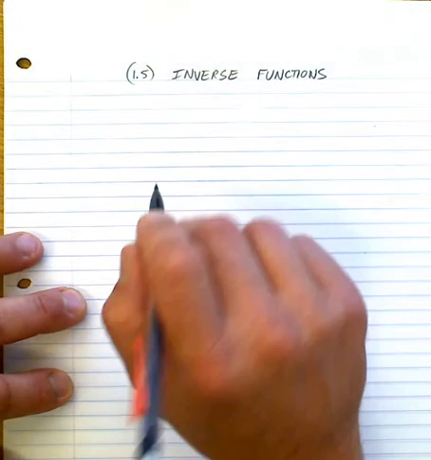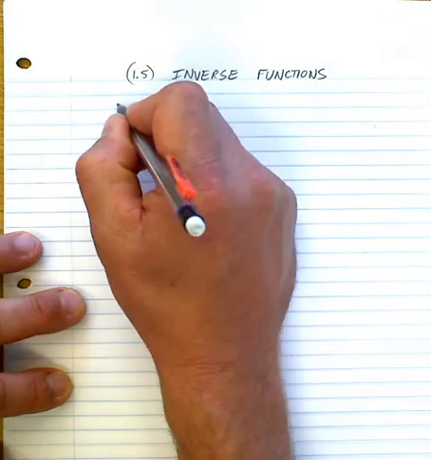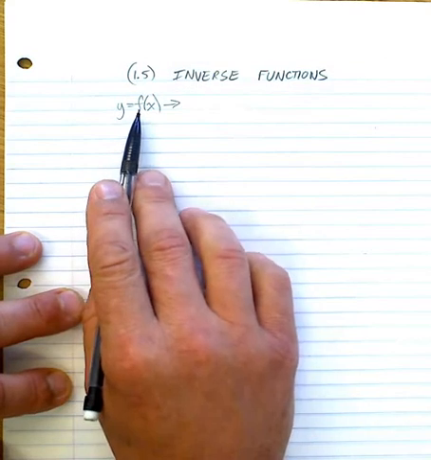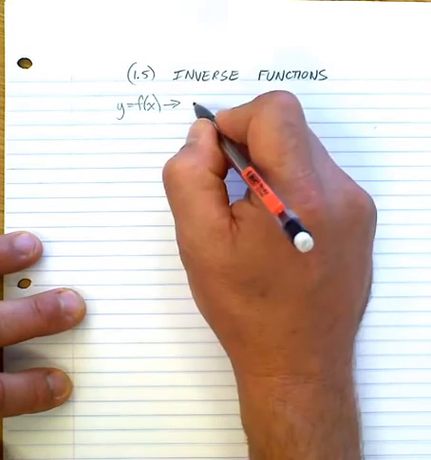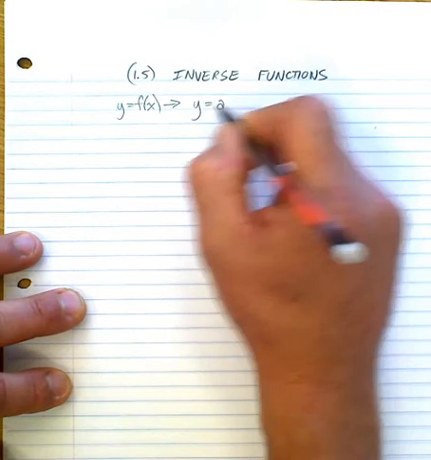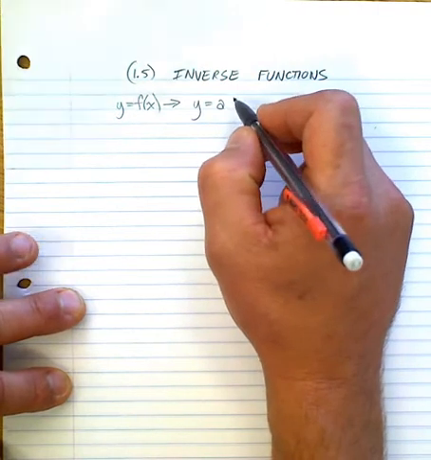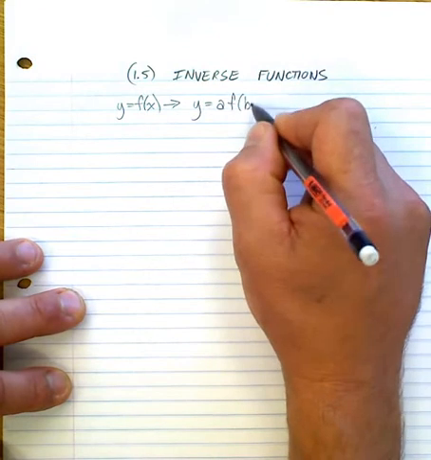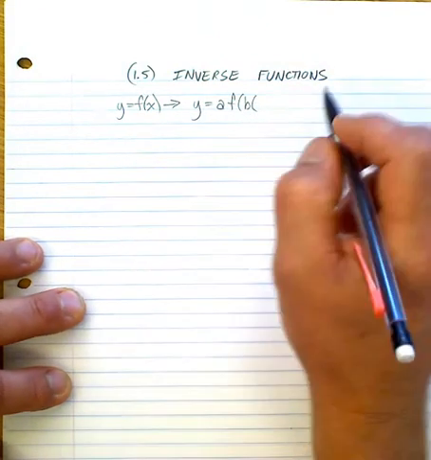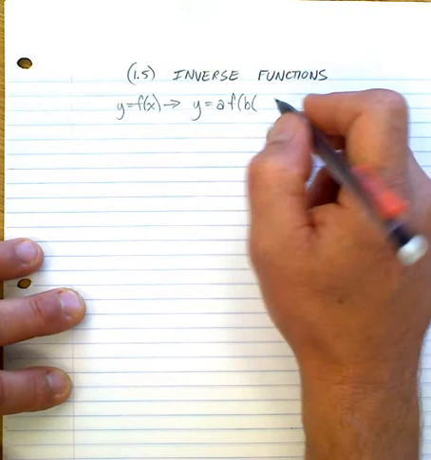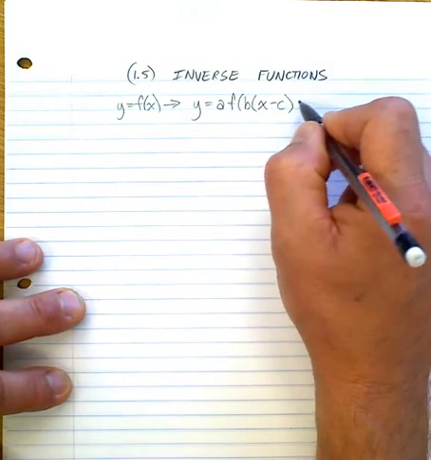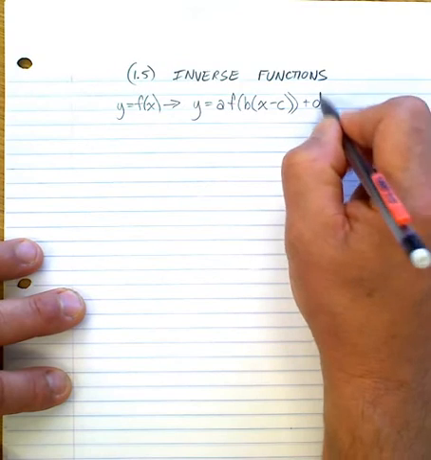Let's have a look quickly at where we're at. So we had a function originally, this representing any function, right? And it goes into a bunch of transformations. A affects the vertical, it's a vertical stretch, right? And then this B value affects the horizontal, so it's a horizontal stretch, either compression or expansion. Then you have a horizontal slide or a translation, and then you have the vertical slide